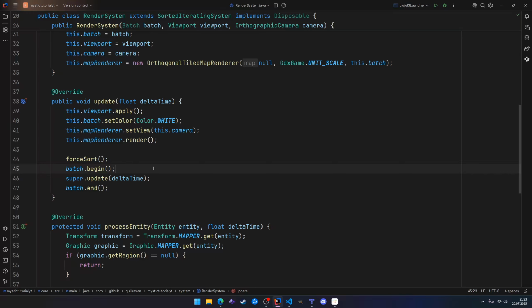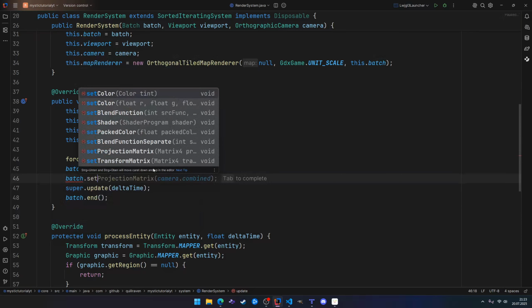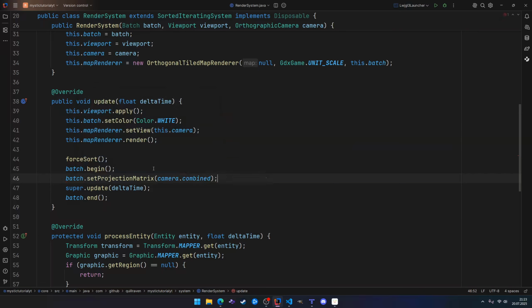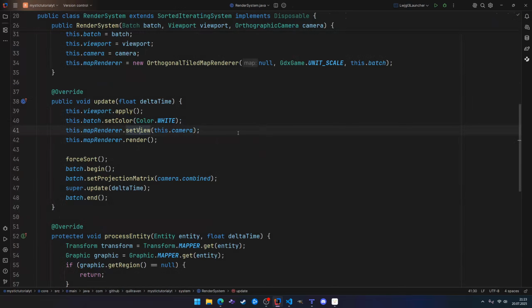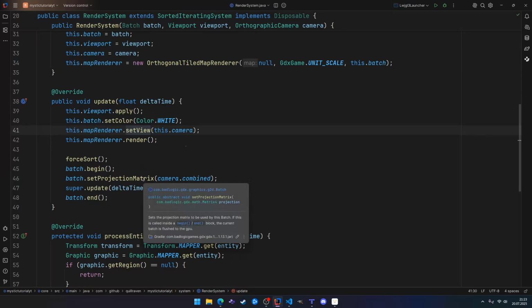And when we render something, we also need to, how's it called? Set projection matrix, if I remember correctly. And that would be the combined matrix of the camera. Let me quickly check in set view. Batch, set projection, combined. Okay, so that is one important piece of information. Maybe I didn't mention that yet. When you start rendering in OpenGL with the sprite batch, you need to pass it a specific matrix. It's a 4x4 matrix, if I remember correctly. Yeah, Matrix4,